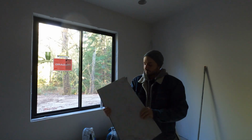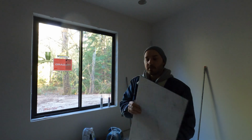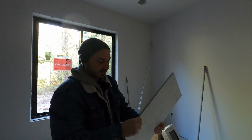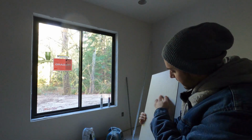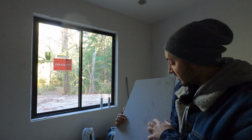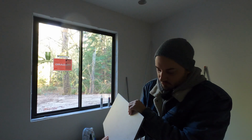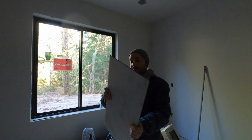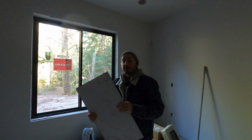So this is the fake tile. You can see it's not really thick. It's got this padding underneath to help with sound and whatnot, but they just snap together, and it looks like real tile. It feels to the touch kind of like real tile, but it is just a vinyl insert. So saves you some money there if you're wanting to get that real tile feel and look, but you don't want to bring the...